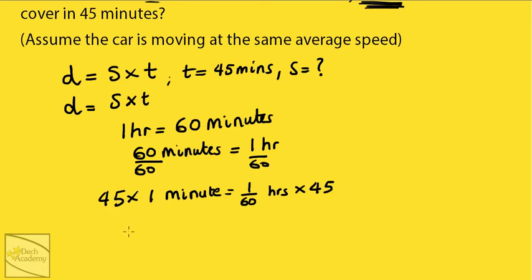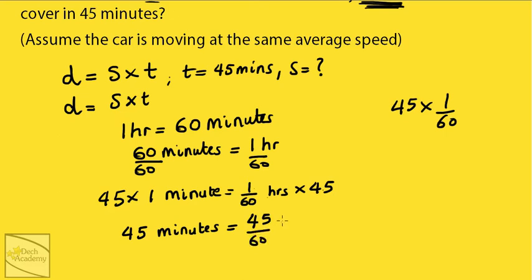So that gives me 45 times 1, which is 45 minutes, is equal to, what's 45 times 1 over 60? 45 times 1 over 60 is the same thing as 1 over 60 times 45. So you just focus on the numbers first. You can change the order because it's multiplication. So that gives 45 over 60 hours,